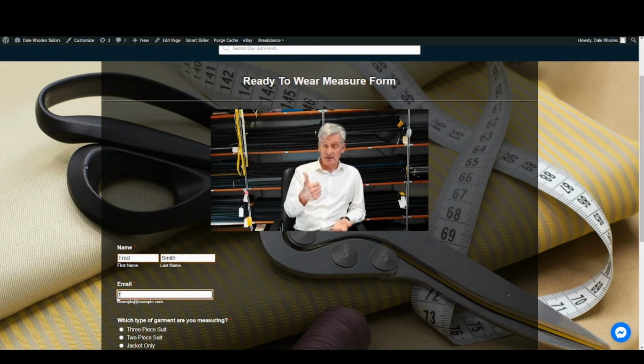They will get a copy of your measurements and a link to the system, so everybody's working from the same sheet, cuts out lots of mistakes. It's a completely free to use sheet. We have got a more advanced sheet, which is our made to measure sheet, which is for sending to a tailor for a made to measure order. You may want to use that one, but if it's a simple ready to wear garment, stay on this